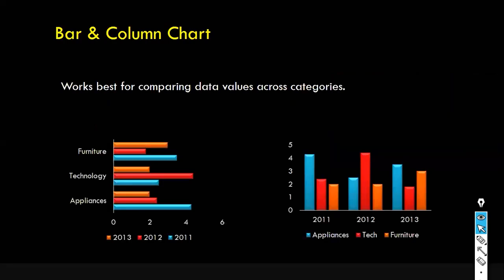Next one is the bar and column chart. What is a bar and column chart? In a simple one-liner, you can use either a bar chart or column chart to compare the values across categories side